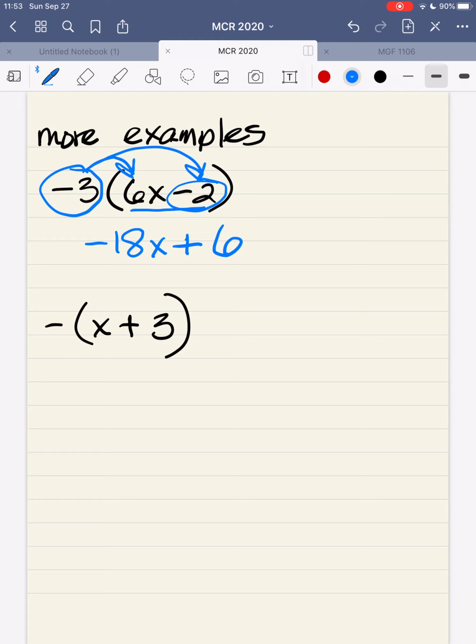Right, last one. Remember, when I have a negative on the outside by itself, and there's nothing on the other side of it, I want to think of this as a 1. So I'm taking negative 1 and multiplying it by each piece. And what that is going to do is just change the signs. That's all it's going to do, because 1 times anything is itself. So I have negative 1 times x, which is going to give me a negative x. I don't need to write the 1. You can if you want. We don't write the 1 normally. And negative 1 times a positive 3 will be